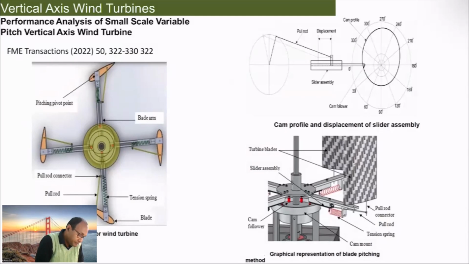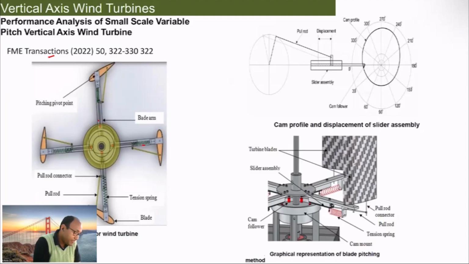This is from the research paper which has been taken. You could see how they are done. This clearly shows you how the whole thing is manufactured. So this is your main rod and then the arm, and there you have some kind of a spring. The spring is connected with another connector, and then the secondary pull rod. So if the blade is going like that, the second rod can pull it down, and that is connected with the spring. Obviously, this should be controlled aerodynamically.